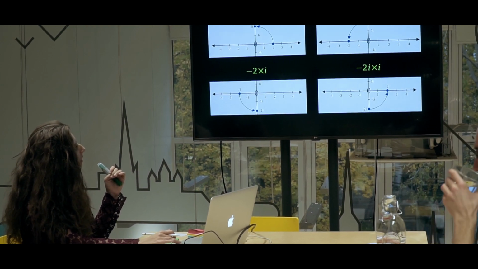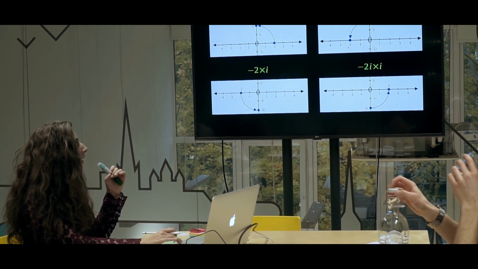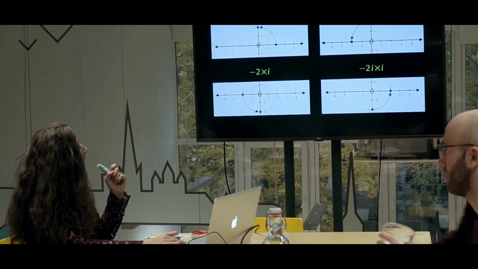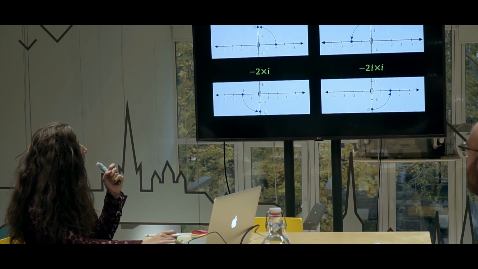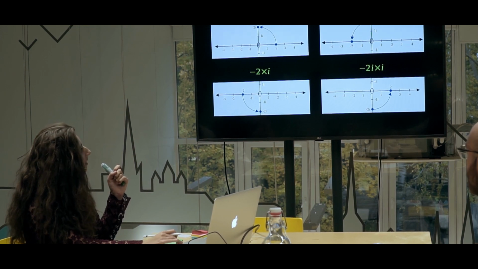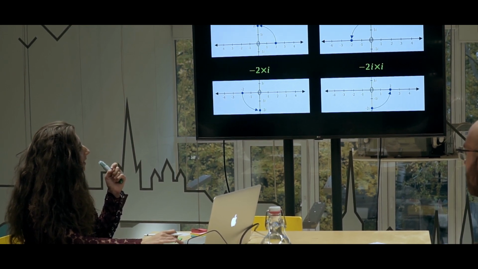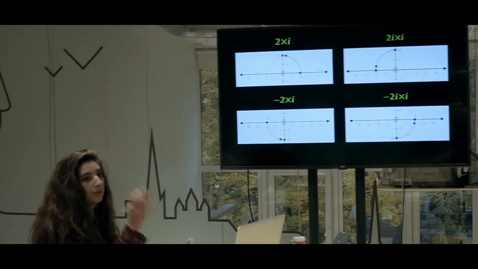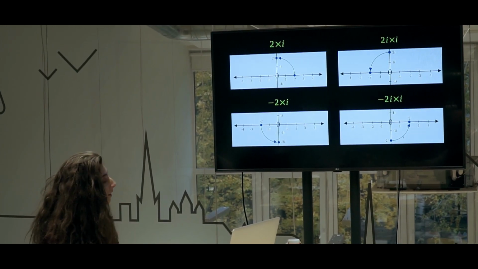Likewise, 2i times i is another 90 degrees, and it goes to -2. So 2i times i is -2. -2 times i is -2i, and starting from -2i, times i is another rotation back to 2. So it's like a trick. If you want to understand how to multiply these numbers together, you can think of it in terms of a rotation around a plane. So for example,